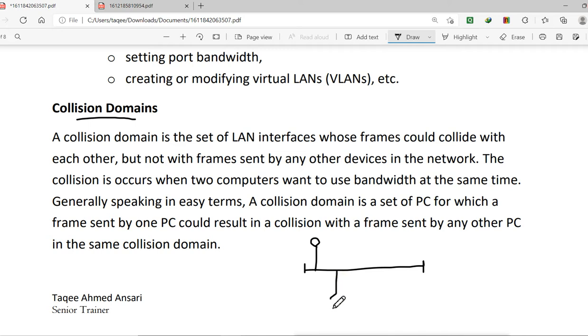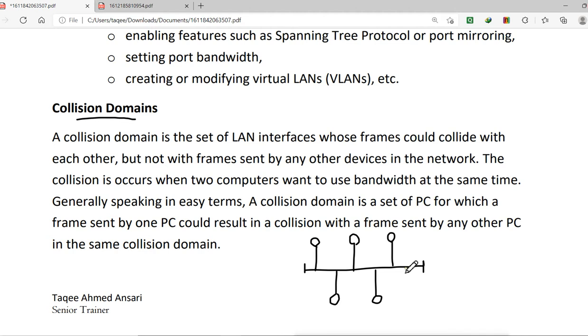It was like this, where all the devices were connected to the same single line. Because of that, if someone wants to send data to someone, the other devices have to wait for them to finish. Now in that topology, when two devices send data at the same time, what happens?